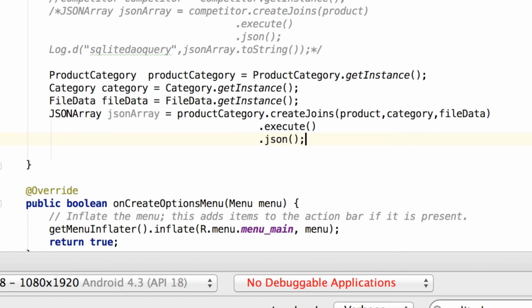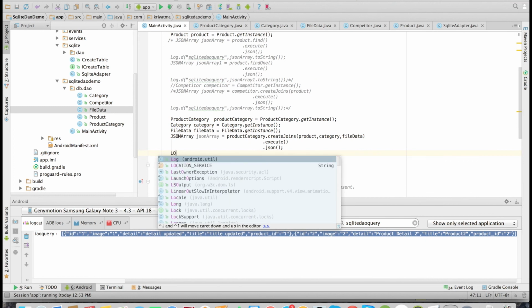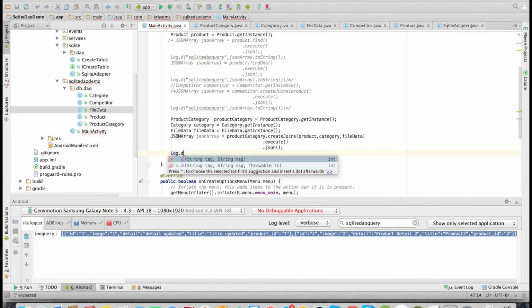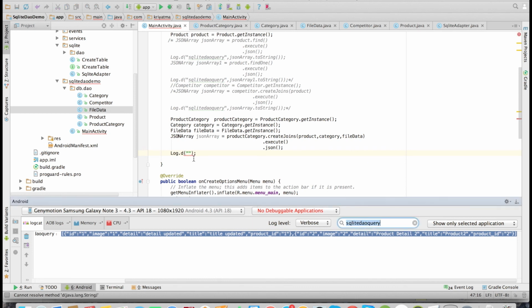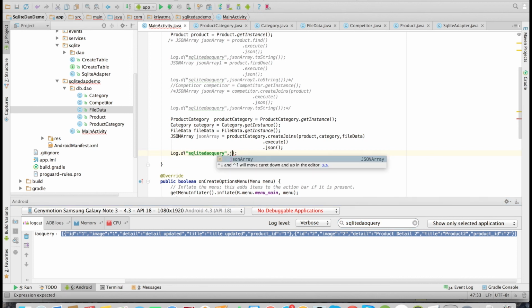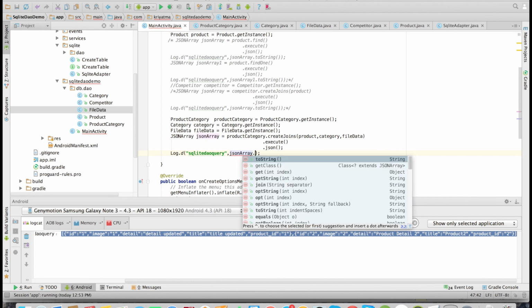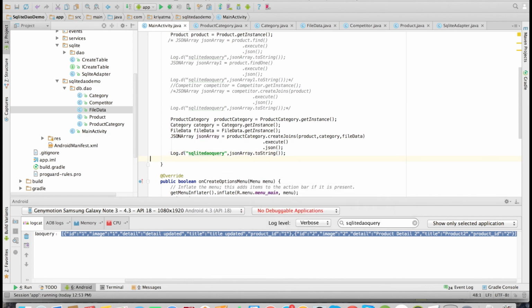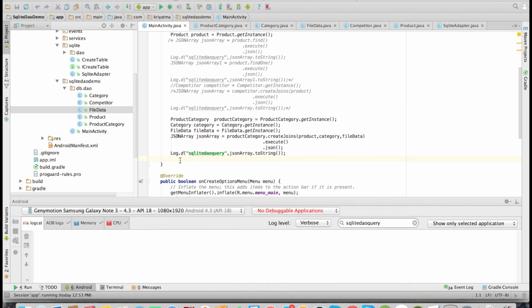Okay, so now let's log. So the log will be Log.d and in the tag, and so we will be logging the JSON array so that we can check it. So it stores in array.toString. Let's check it now.